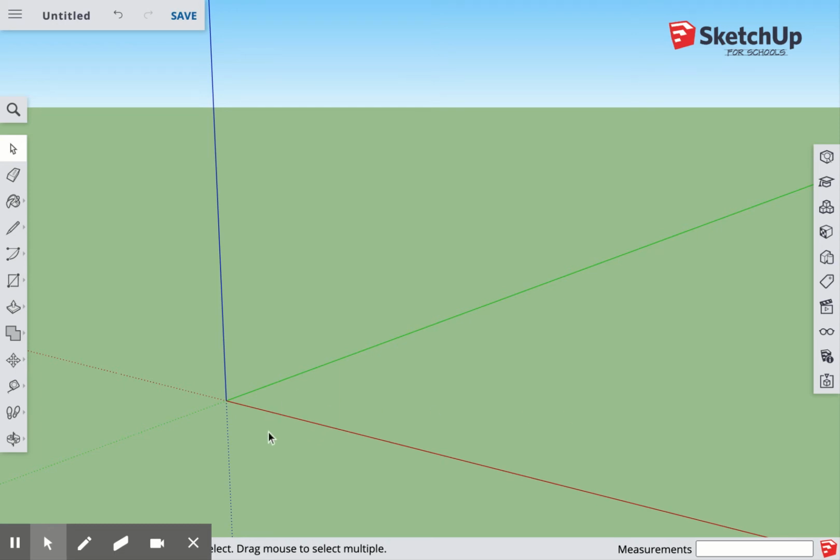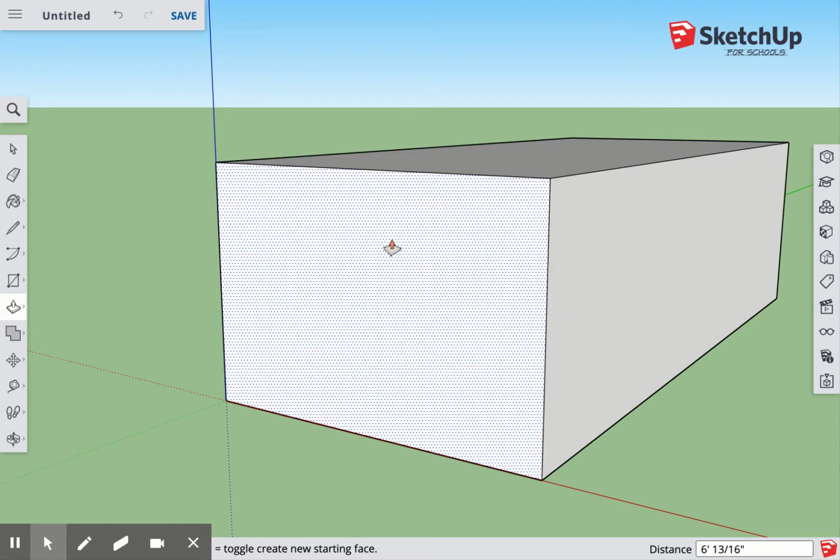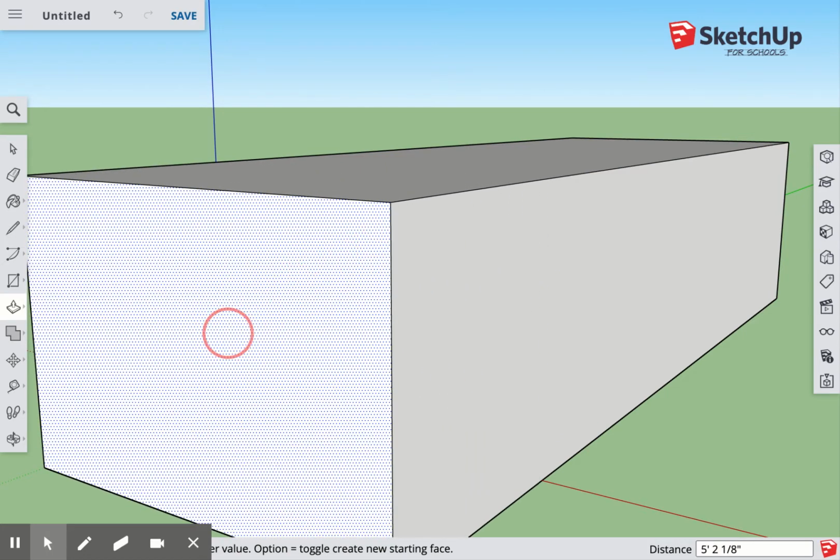So this is a quick tutorial about how to use SketchUp for Schools to make a house. You'll notice that on the left-hand side you've got various tools. I'm going to start off with the square or the rectangle tool. I'm just going to start here from the origin and I'm going to come out. I'm not really worried about how large it is because when I make it get bigger, I can then stretch and shrink it